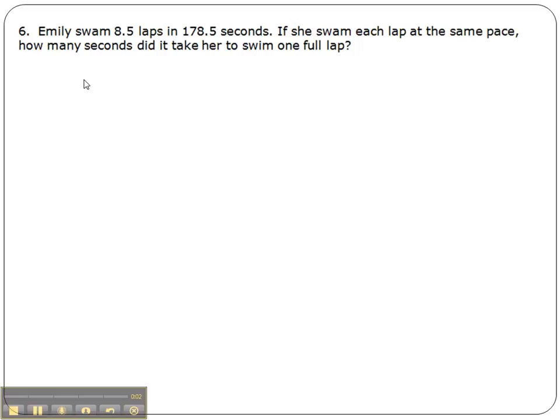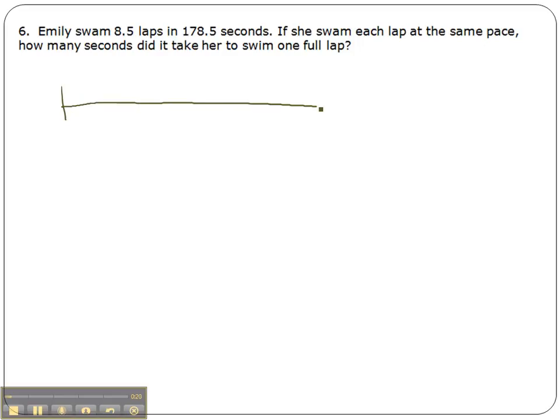Problem 6. Emily swam 8.5 laps in 178.5 seconds. If she swam each lap at the same pace, how many seconds did it take her to swim one full lap? So we have,